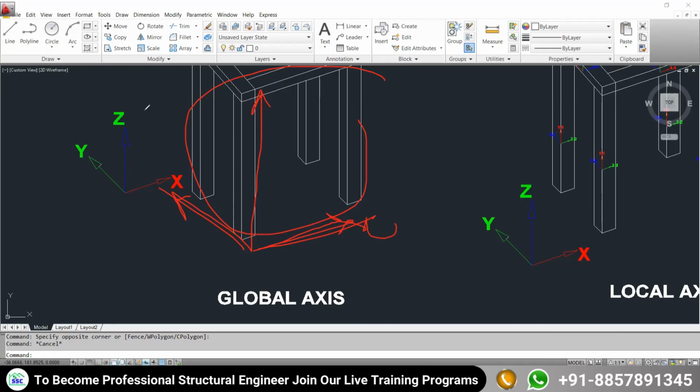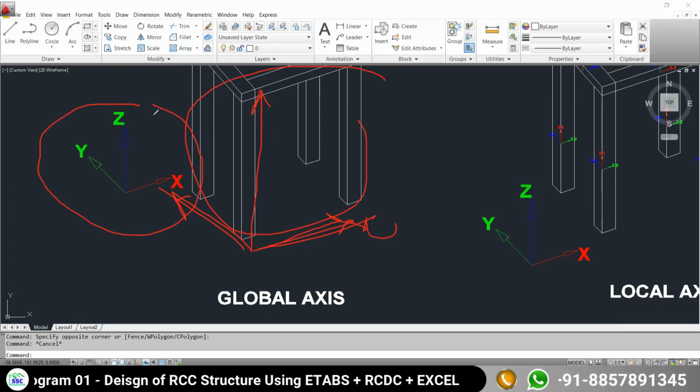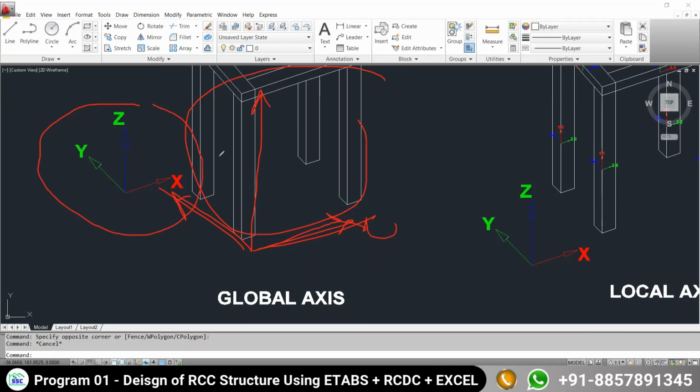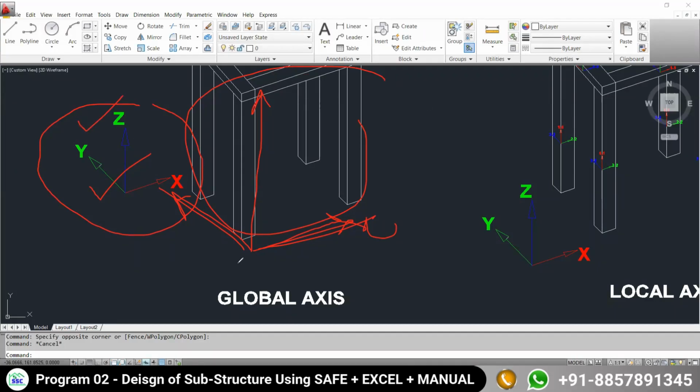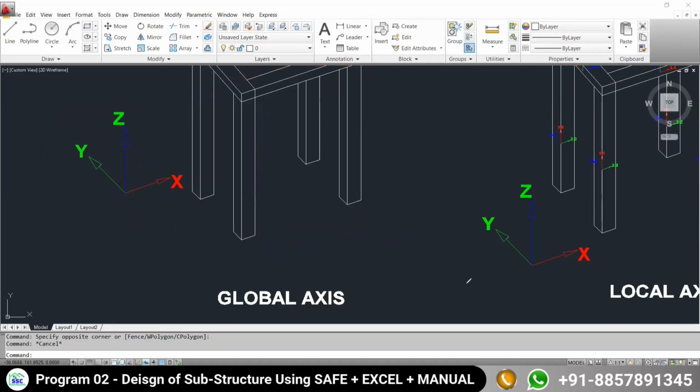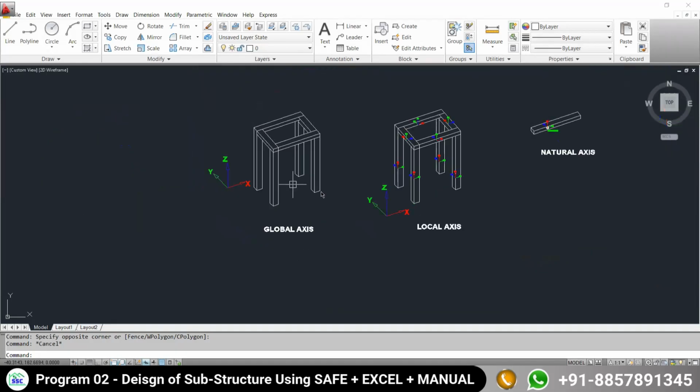So we are going to define this 3D model with this axis system. It is called the global axis system. The axis system which represents your entire model is called the global axis system. Clear? So this is the first thing. Second,